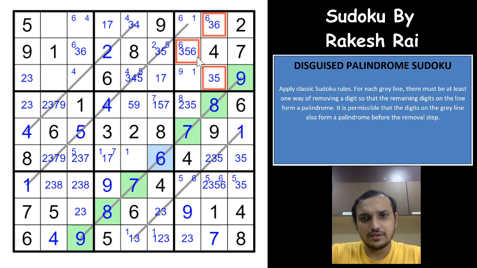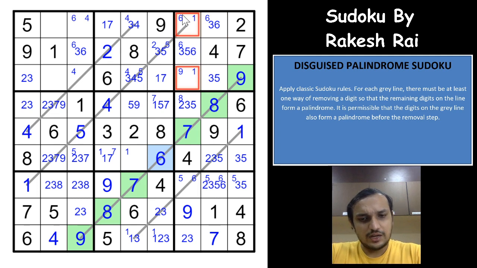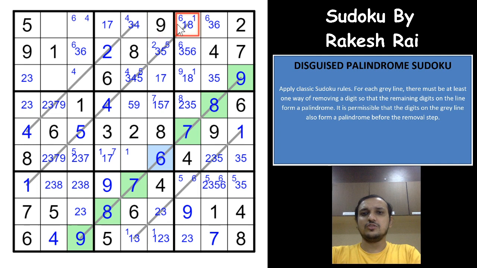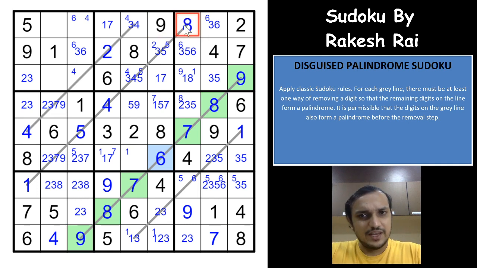Oh, you have 1 and 8 here. So which means that 1 and 8 would have to be here. Can this be an 8? If this is an 8, it would have to be the disguised one. So which means that 1 would have to be here. Not possible. So this cannot be an 8. Wow. If you have an 8 here, the first two cells cannot be 8. If this is the disguised, this would have to be 8, and if this is the correct, this would have to be 8. None of these cells can be 8, so this would have to be disguised, and which means that you had to have a 1 here for this one. Not possible. So this is a 1, this is an 8, this is 7, 1. Now it should be done.